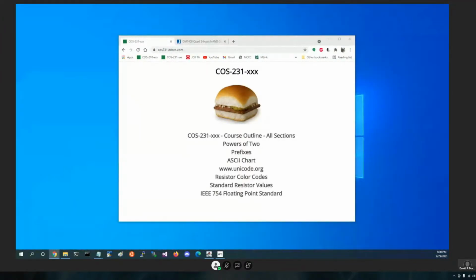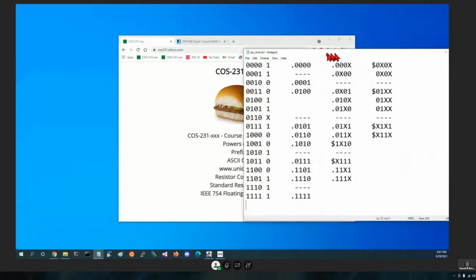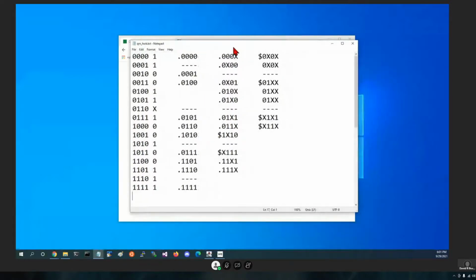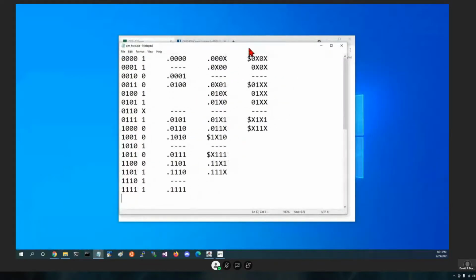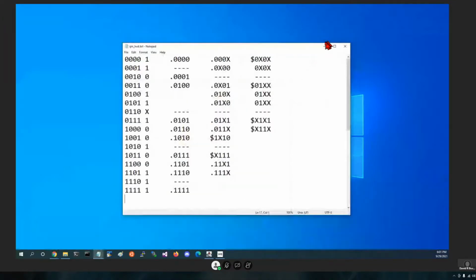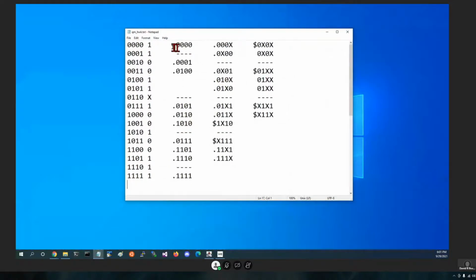All right, so let's go ahead and get started with, first of all, just a very quick review of the homework you had for tonight. What I did is I reworked the problem myself, but I have to apologize because I copied it from a piece of paper onto this. So I may have some X's or things in the wrong places, but it's more from my point of view how I did it, not whether all my X's and zeros are in the right spot. So we have a truth table over here on the left,